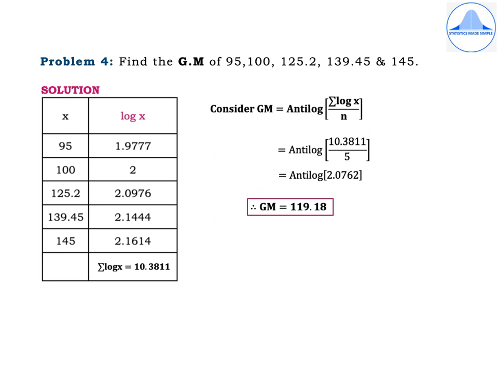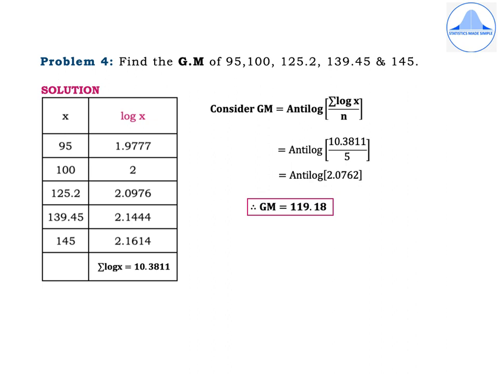Problem 4. Find the geometric mean of 95, 100, 125.2, 139.45 and 145. Under solution, list down the x values and in the second column, find out log x. So we have the x values as 95, 100, 125.2, 139.45 and 145. Their corresponding log values for 4 places after the decimal after rounding off are 1.9777, 2, 2.0976, 2.1444,